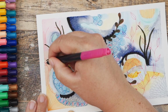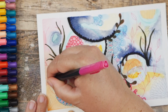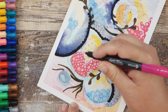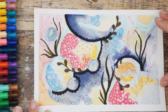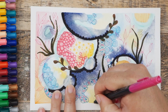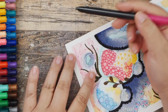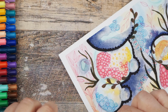I'm going to have one come right up, right off the page, so that it has that look like it continues on. And these are just going to be in front of everything. Yeah, I think I like them empty without being filled in, and just having little bits and pieces here and there across the paper. Over in this corner, I'm going to grab my marker side